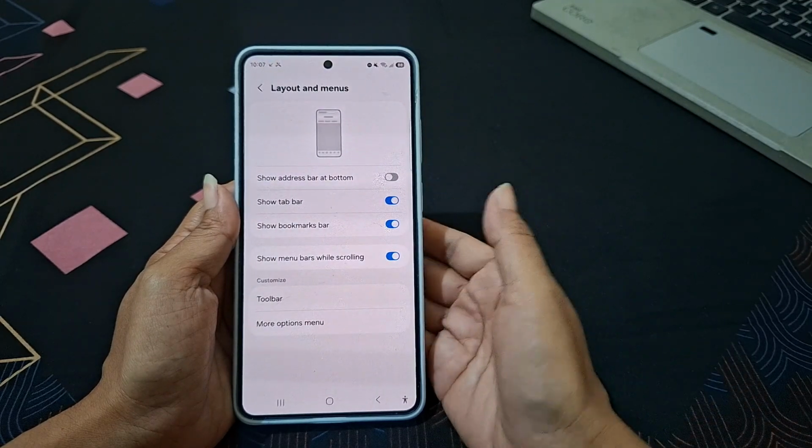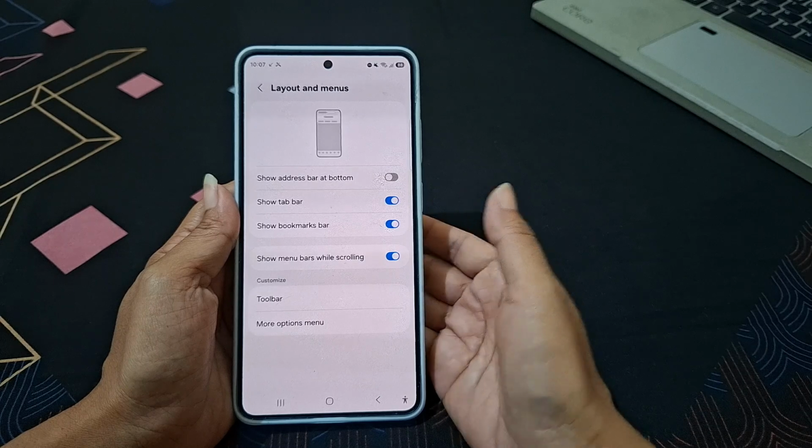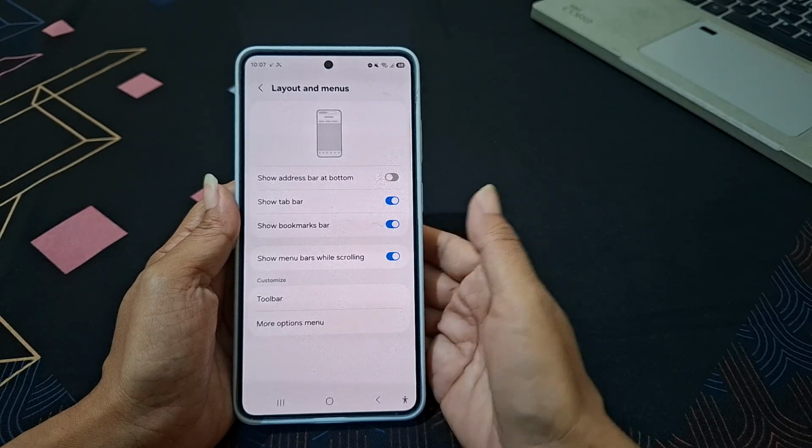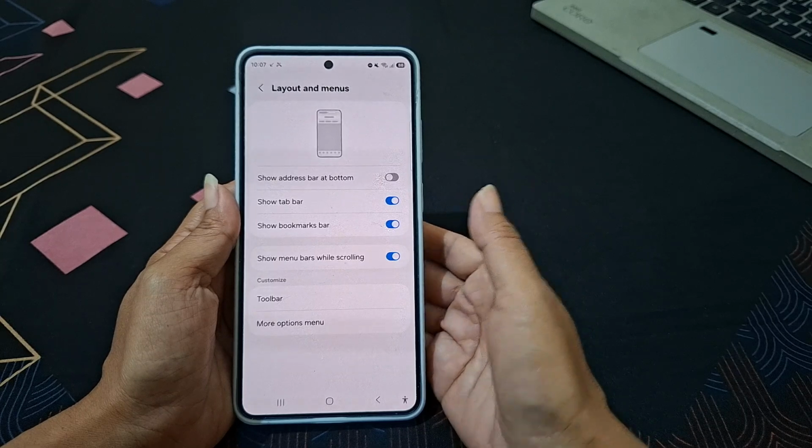And that's how you customize the Samsung Internet Toolbar on your Samsung Galaxy S26 Ultra. By arranging the toolbar the way you like, you can access your favorite browser features more quickly and make browsing